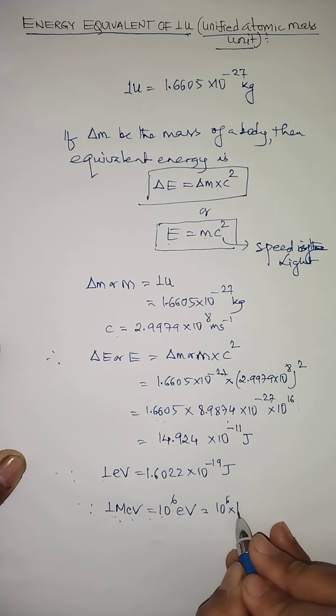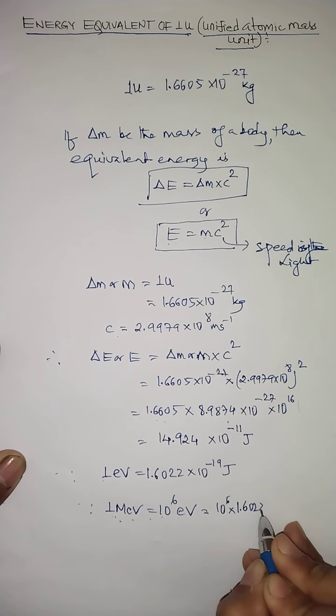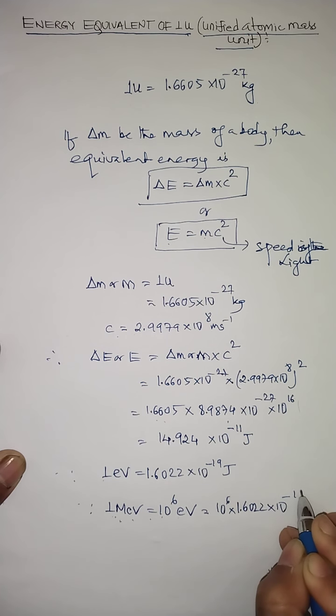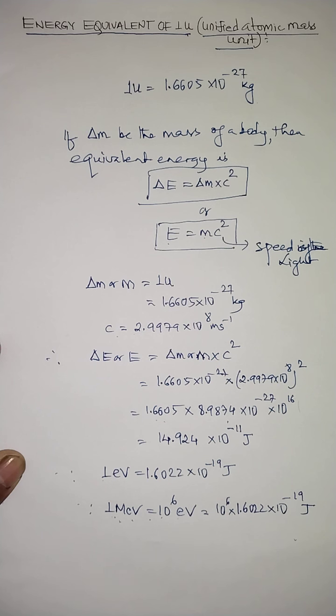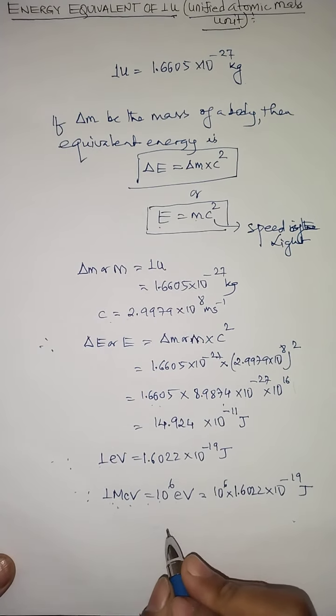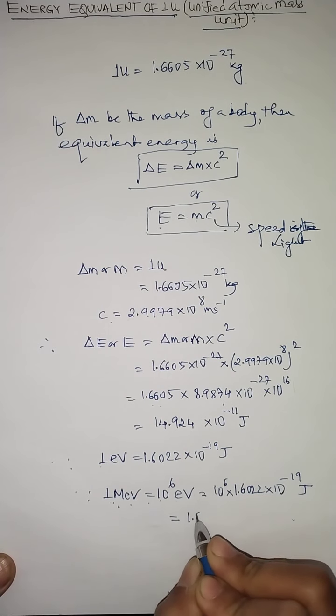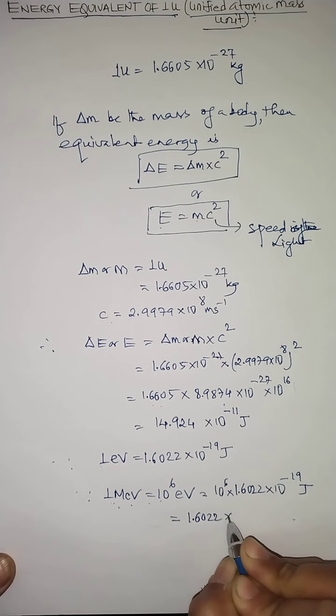So let me substitute. It's 1.6022 into 10 to the power minus 19, and the unit is joule. Which means 1 mega electron volt, now we can even write as 1.6022 into 10 to the power